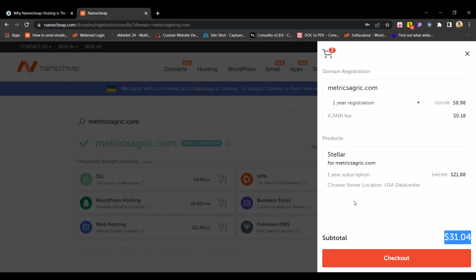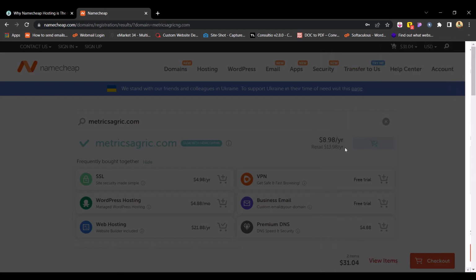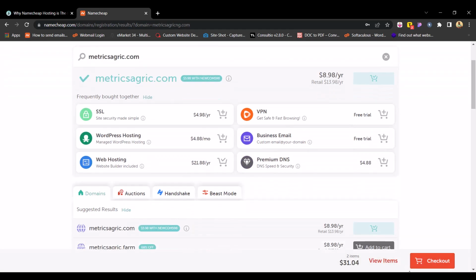Because of CBN's restrictions, we might not be able to purchase items worth $31.04 because of the restriction of $20 by CBN. And there's a trick, and I'm going to show you how we find our way around it. So what I want you to do right now is just to click on checkout,